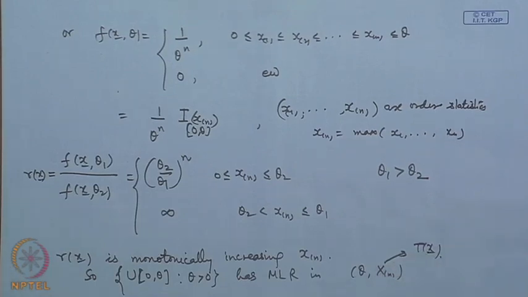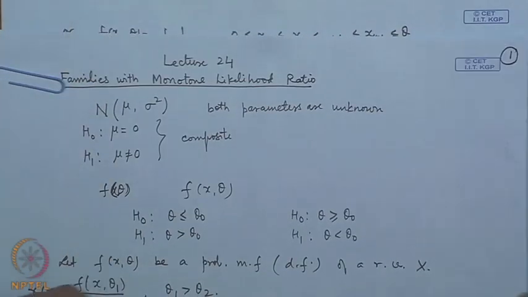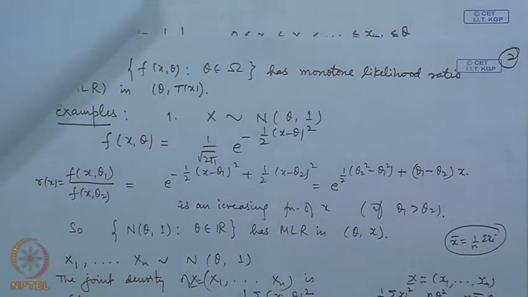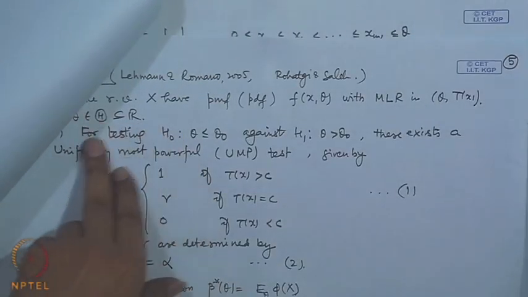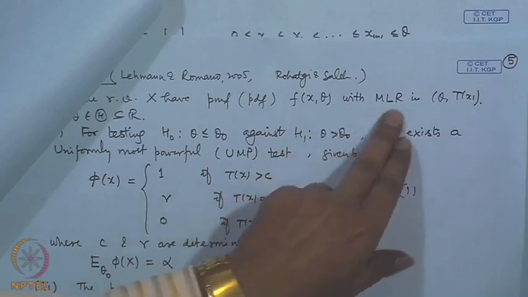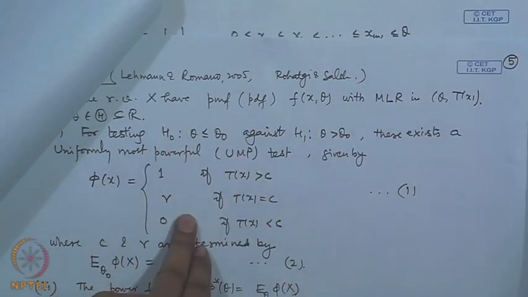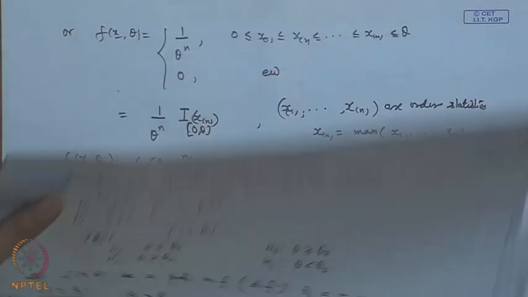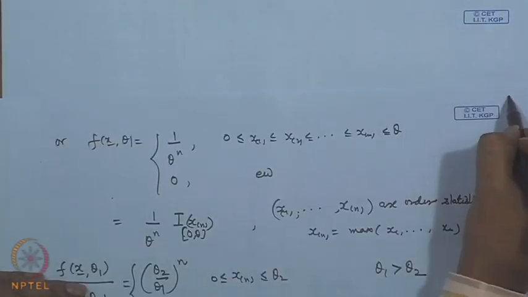If we want to apply the monotone likelihood ratio property and the corresponding UMP tests, this theory, then this is what we were requiring, that if you are looking at the families with MLR in theta T x, then for one sided testing problems we have the UMP test here. So, we will apply this now. Let us derive the test in this particular case.